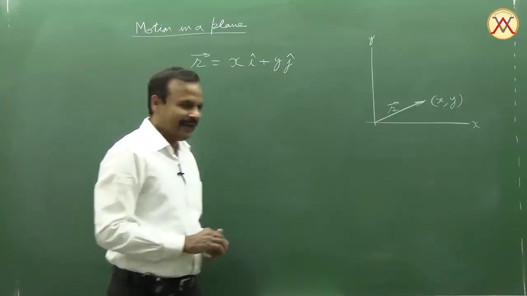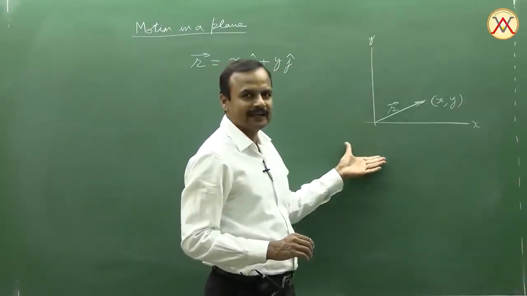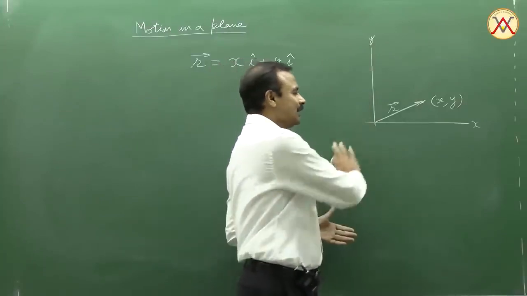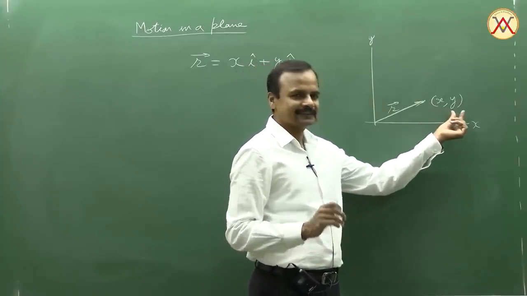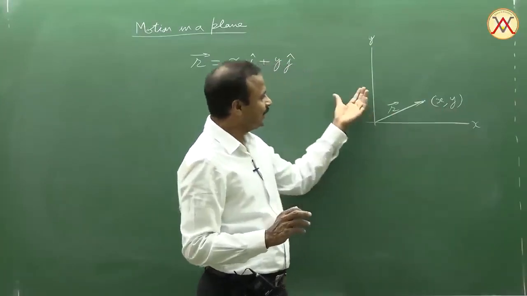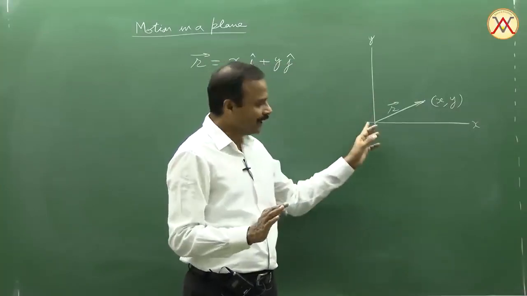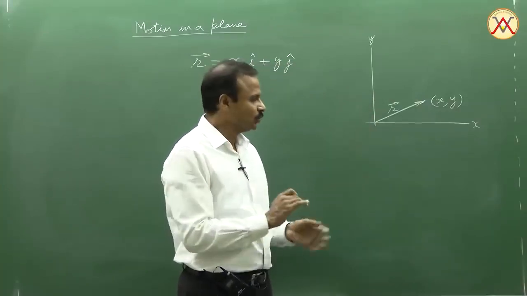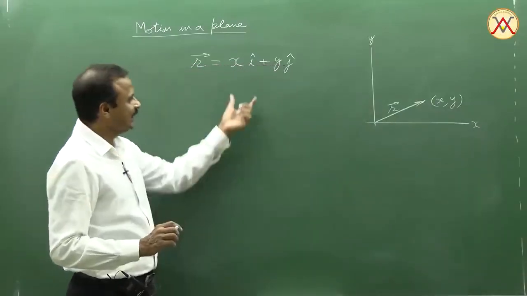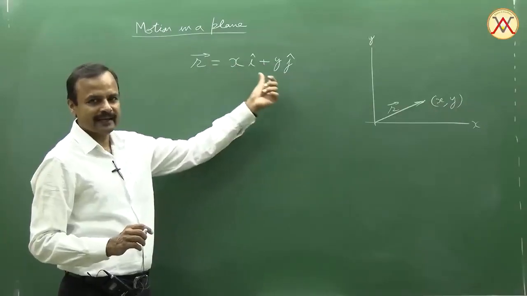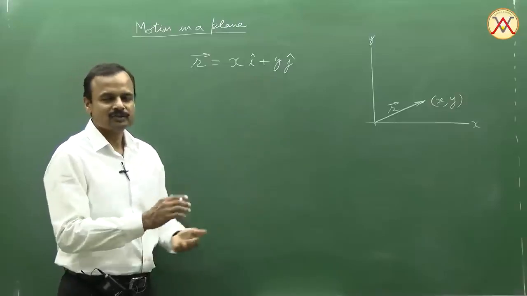If I take two of the coordinate axes in this plane, then if the particle is moving only in this plane, I can be sure that only x and y coordinates, which are in the plane of the board, are changing. Z coordinate, if it is 0, will remain 0. So the position of the particle can be described easily in terms of two coordinates, x and y. As the particle moves, the values of x and y change.